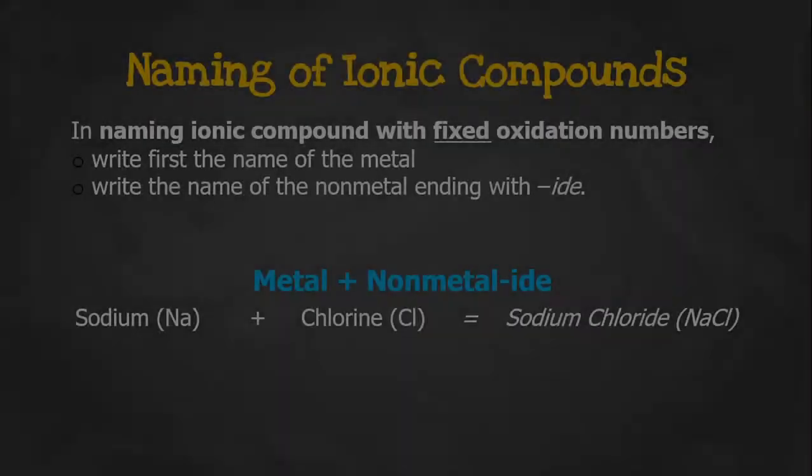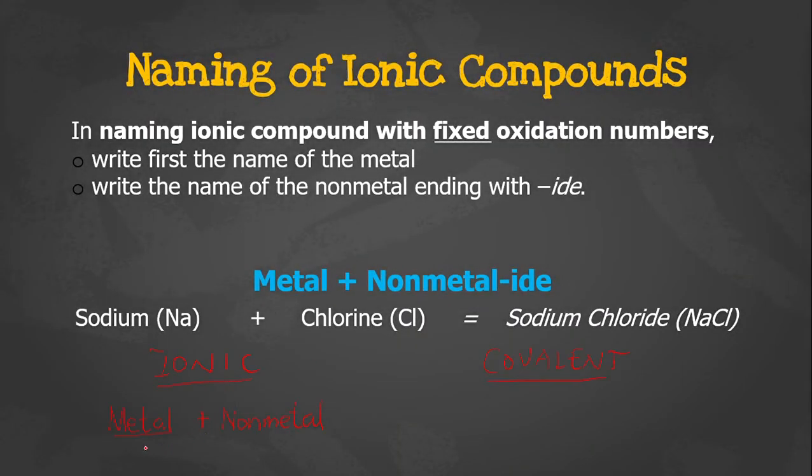Okay, balik tayo. So again, ionic compounds are made up of a metal and a non-metal, while covalent compounds are made up of 2 or more non-metals. Ayan. So again pag ionic, may metal at saka non-metal. Pero pag covalent, 2 or more non-metals ang magkasama. Okay? So, sa ionic compounds, we have 3 sets of rules